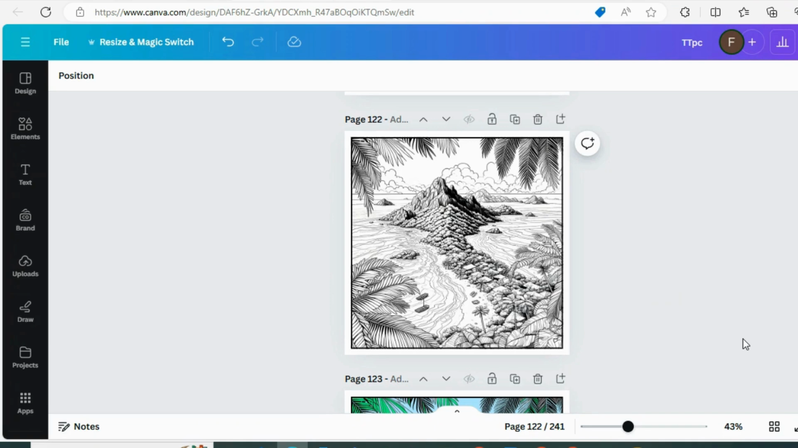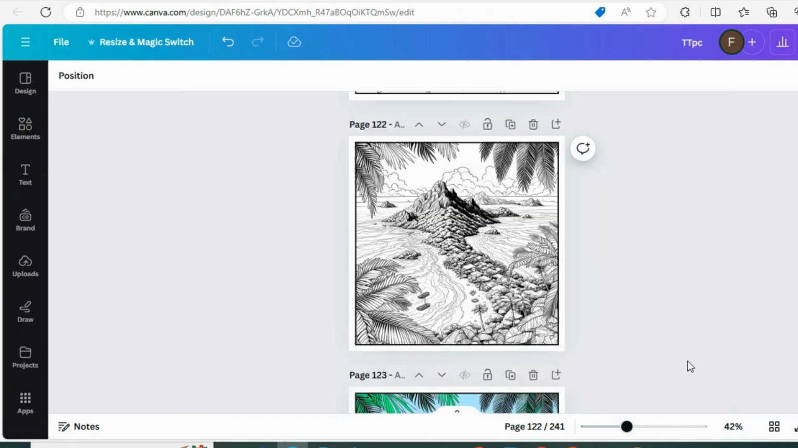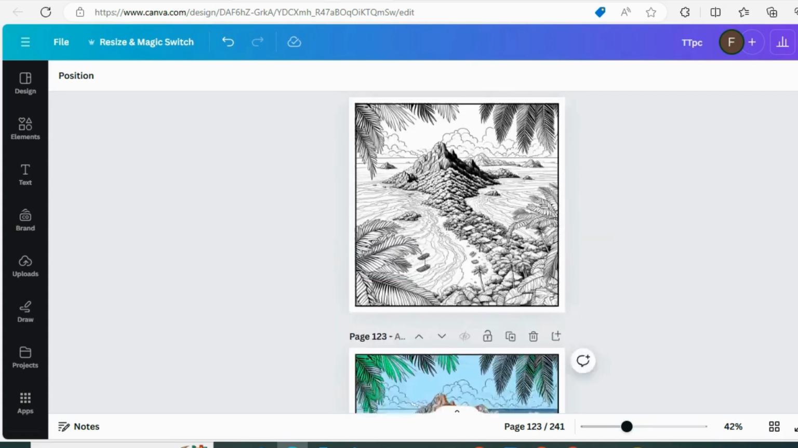So let's say you have this coloring page that you've just created. This is an AI generated coloring page that I created. And then let's say I want to use this for the cover of my book. It will obviously have to be colored in, like that. Let me try and